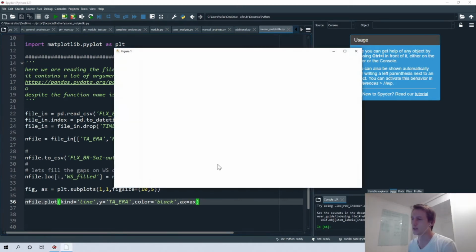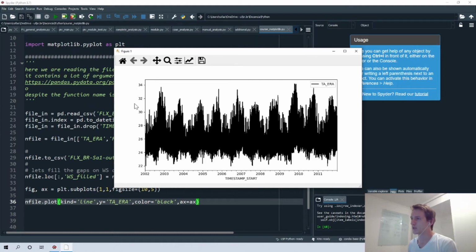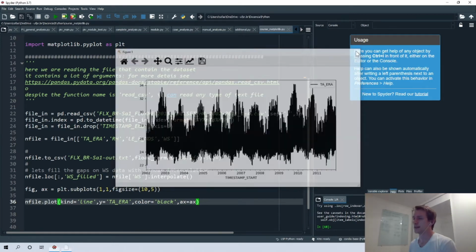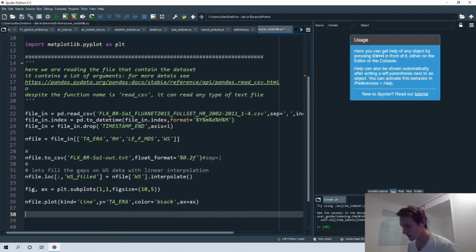Of course, it's not good because we don't have a y-axis label, we don't have an x-axis label. We have this strange legend here because we must specify it as air temperature. So we can do that now. Okay, since we know the plot, we specify the plot that you are using. Of course, now we have only that one.